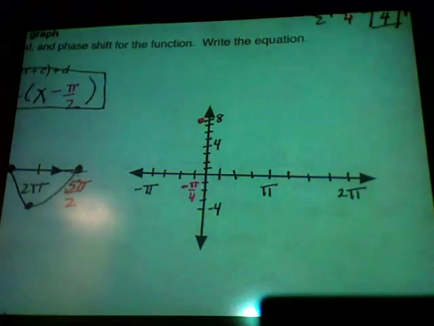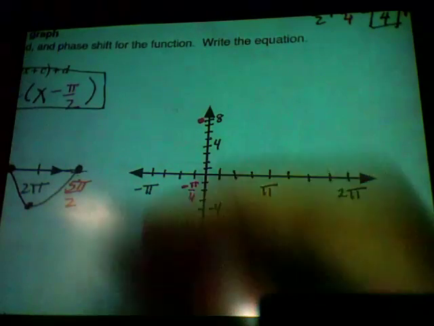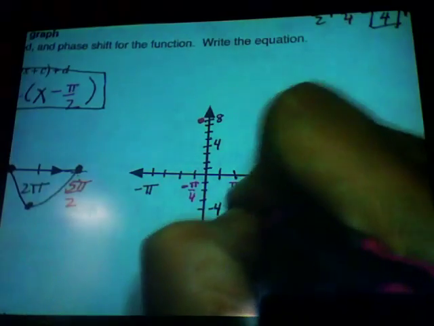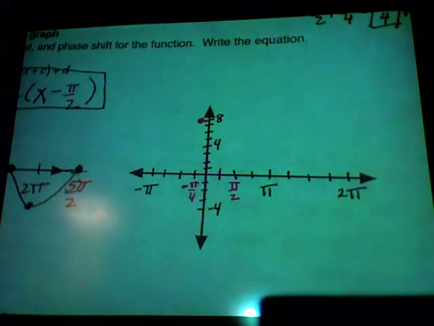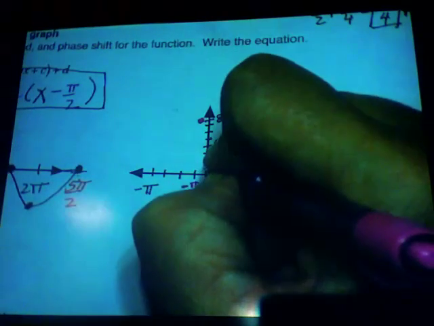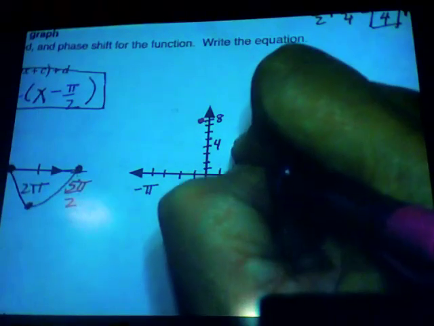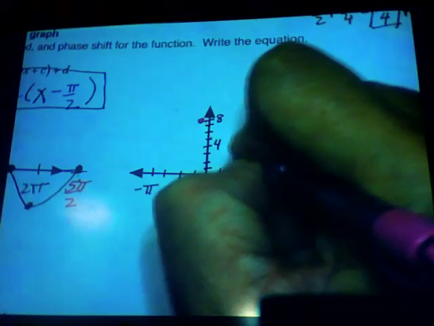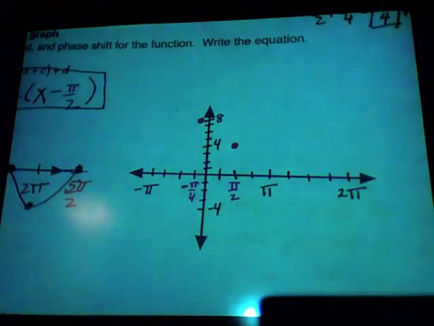And then at pi over 2, which is right there, you're going to put a point at 4. And then at,